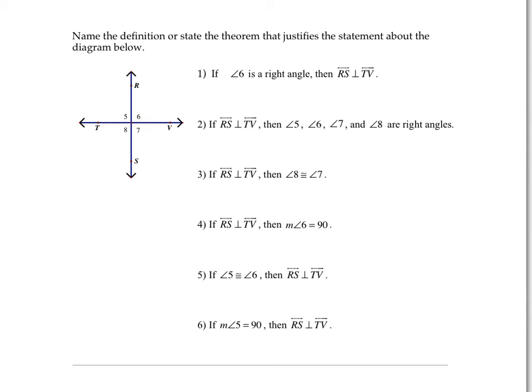The directions on our practice problems say, name the definition or state the theorem that justifies the statement about the diagram below. In number 1 it says if angle 6 is a right angle, then line RS is perpendicular to TV. So in other words, if we are given that angle 6 is a right angle, we want to know what allows us to say that those two lines are perpendicular. And that is just the definition